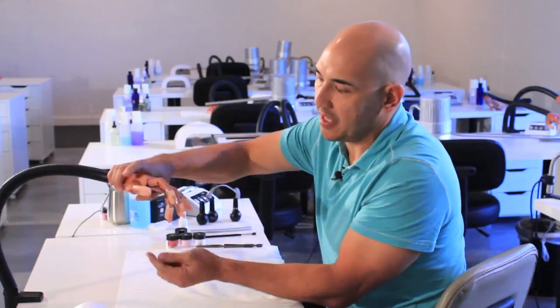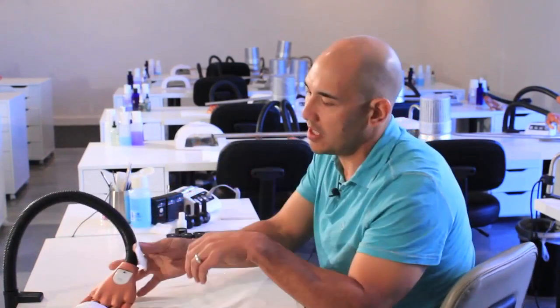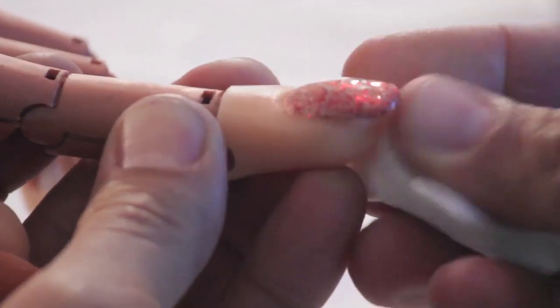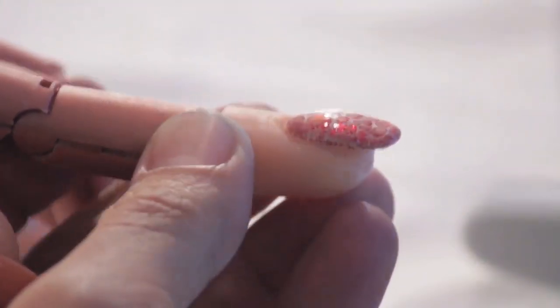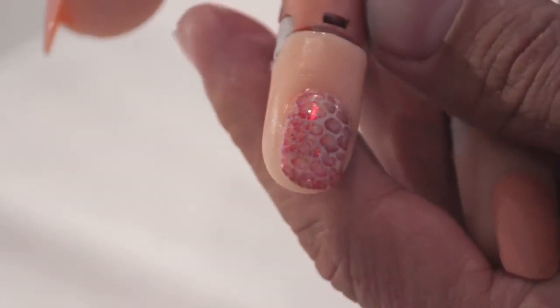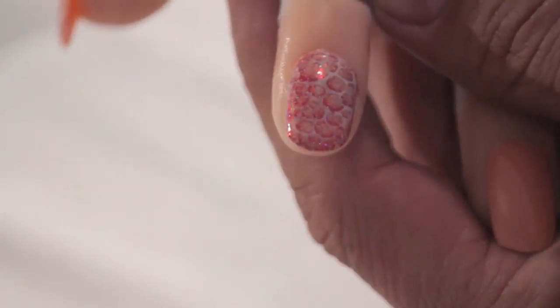I'm going to get it inside the light and set it for 30 seconds. Once the light goes off, we're going to use swipe and we're going to remove the dispersion layer from the surface. We're going to use our sponge to clean up our edges, and we're going to use a little bit of rose oil around the cuticle area and hyponychium to condition the natural nail. As you can see, we set ourselves up for a really, really cool